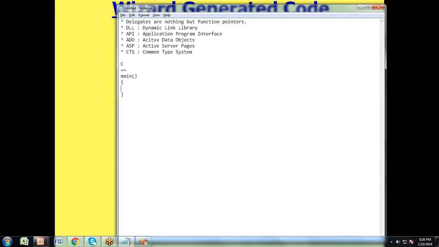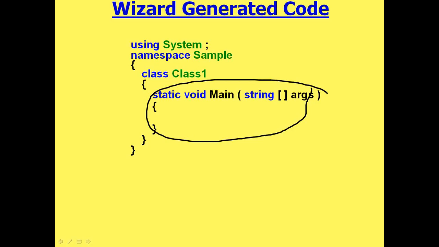Similarly, here also in console application, every program begins with main and ends with main. But the main is always enclosed within a class. Clear?